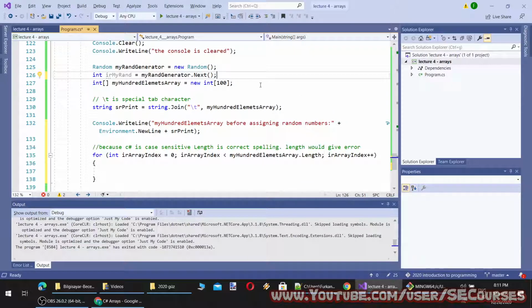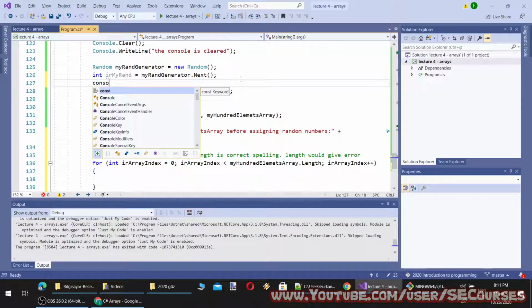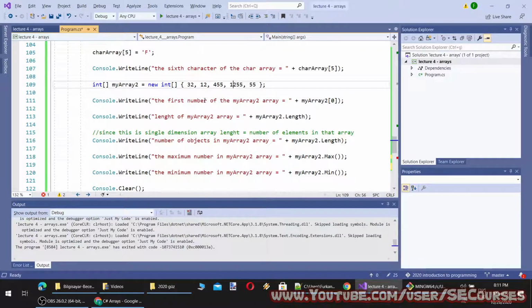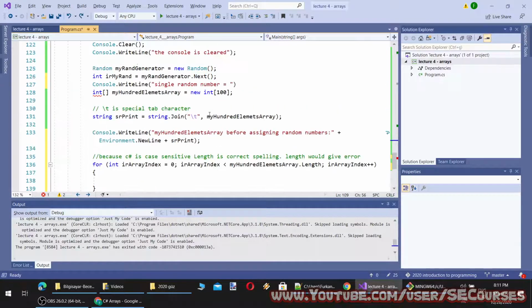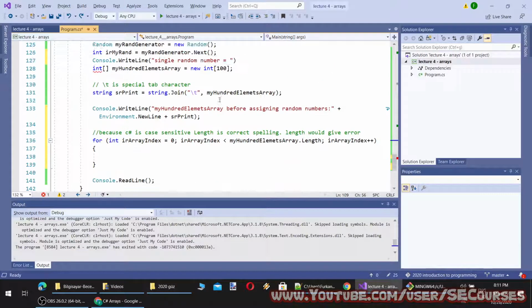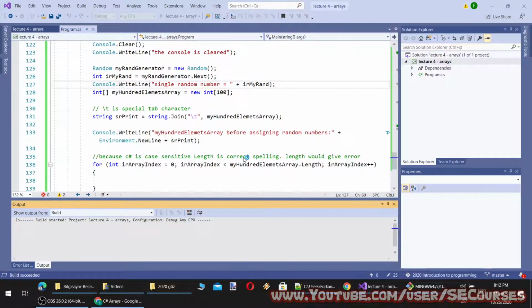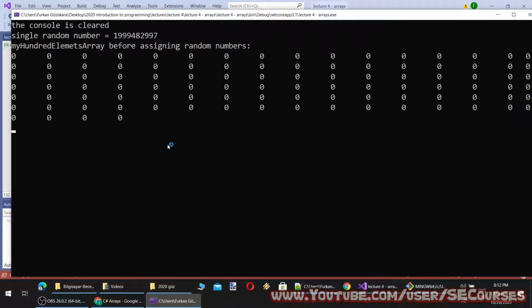Okay, let's try it. When I run it, I will see that on the screen. You see it has generated this random number.